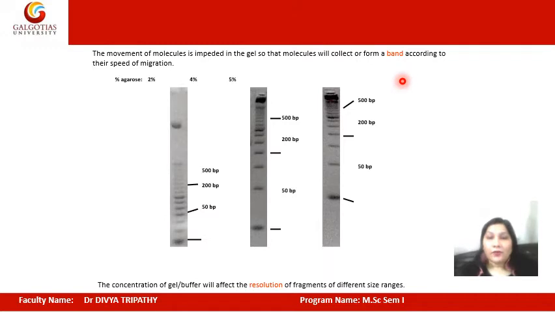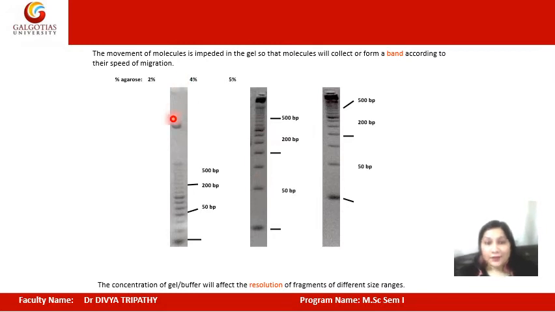See, we are going to separate the same mixture using these three types of agarose gel. What will happen if the concentration of agarose is more? It will resist the movement of larger molecules more and separate larger molecules from the smaller molecules more precisely, and we will get clear bands over here.